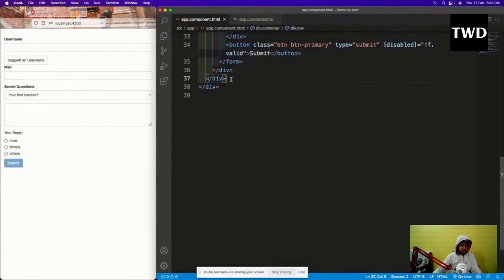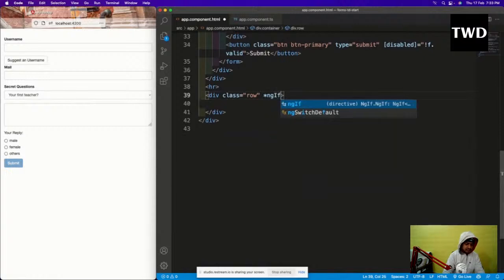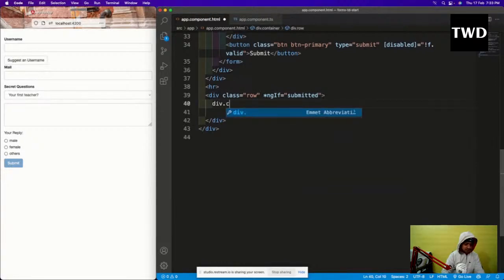So after this I am going to show a horizontal rule, and then div.row, and ngIf equal to submitted, and div.col-xs-12, h3, your data,